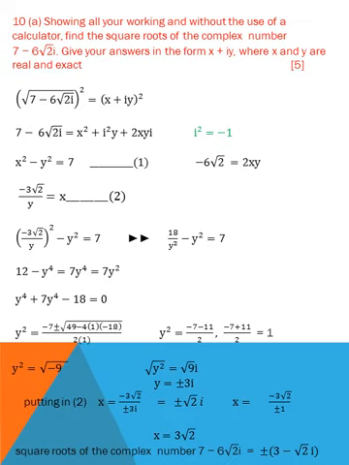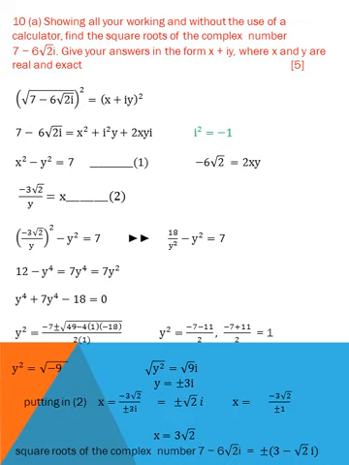Y square is equal to minus b plus minus root of b square minus 4ac, over 2a. When I solve this, I find two values. One is y square is equal to minus 9, which is plus minus 3 iota, and the other is minus 7 plus 11 over 2. So minus 7 plus 11 over 2, that is 4 over 2, is equal to 2, not a 1 here. It's a 2.